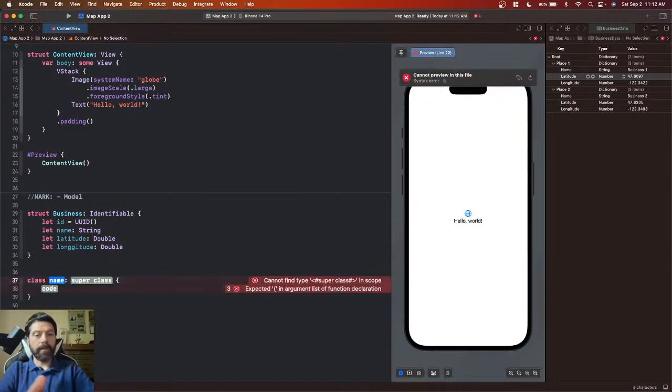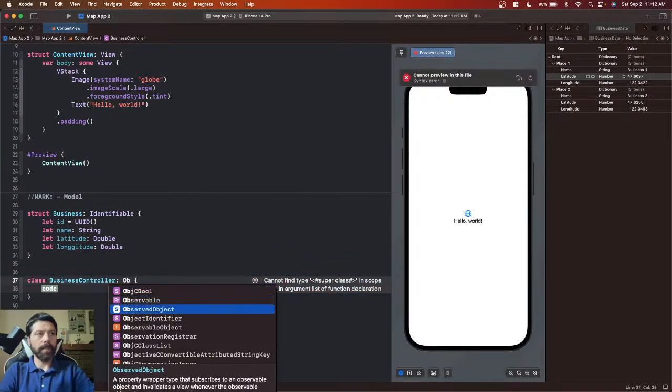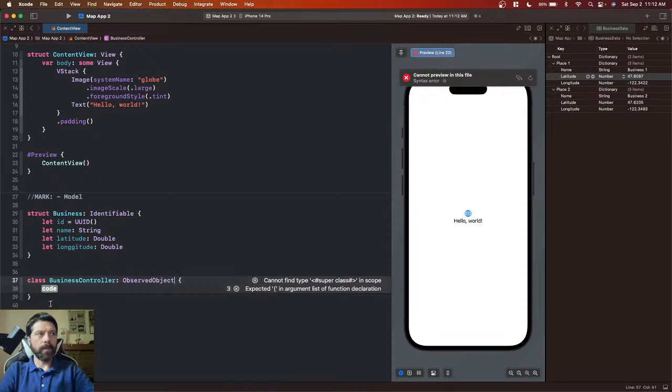And if I'm going over this and you're like, I already know this, feel free to say, hey, you don't have to go into detail. But we'll go business controller, like so. And then our business controller in iOS 16 and older, we would have done something like, we want it to conform to the observable object. Property wrapper type that subscribes to an observable object or something like that. And then we would create published values down here, like at published